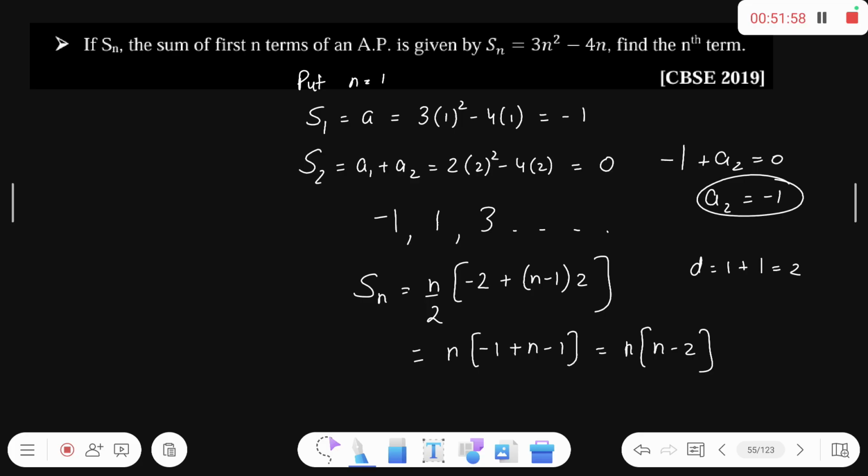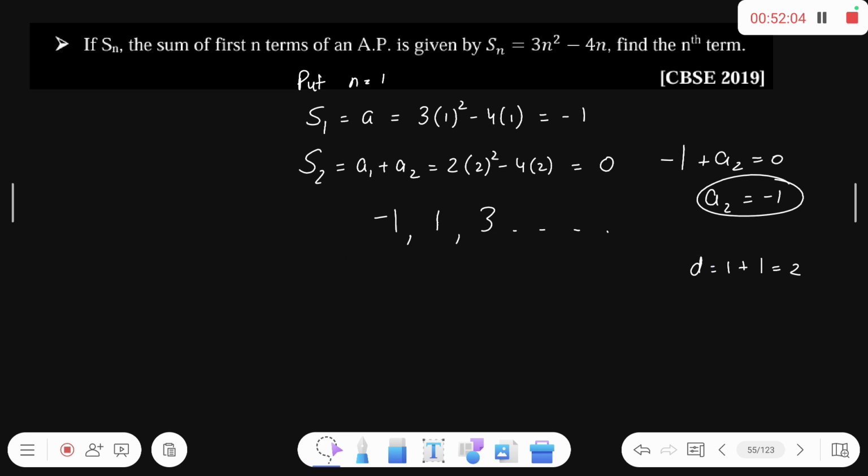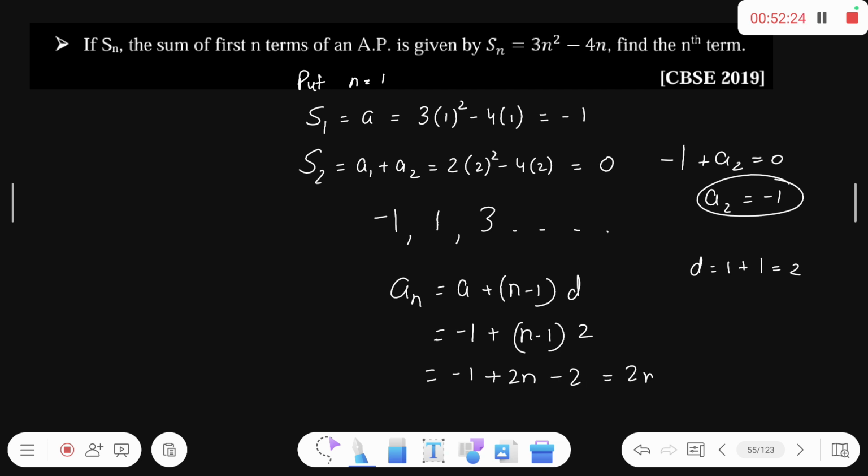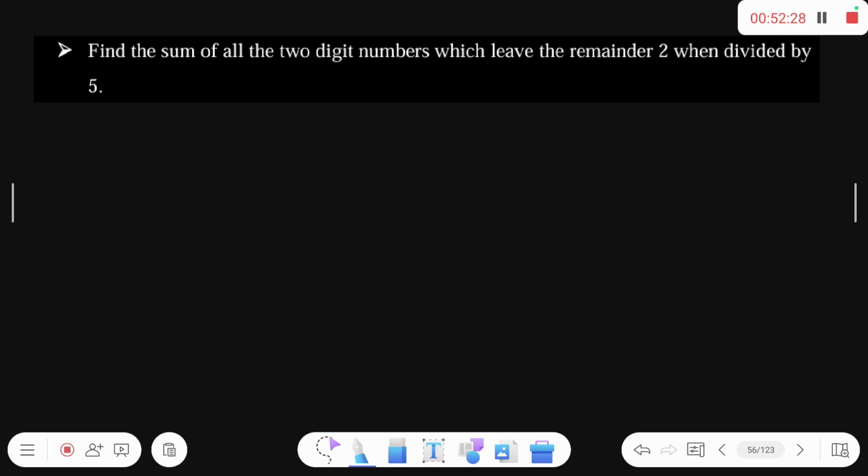Now you have to find the nth term. An is equal to a plus (n minus 1) into d. So a is minus 1 plus (n minus 1) into 2. So minus 1 plus 2n minus 2. So this is 2n minus 3. This is your general formula for an. Next,